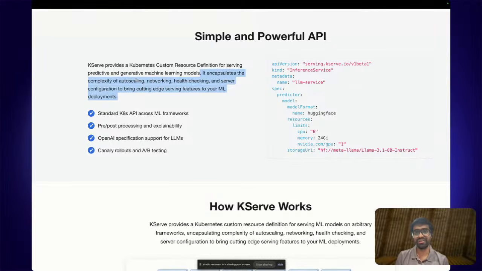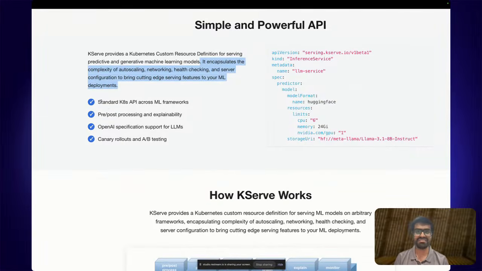If you were to do this manually, you could have done this with Kubernetes as well, but you would have to manage the auto scaling and networking. You'll have to set all of it up yourself. But the great thing about Kserve is that it automatically encapsulates that for you, and you can still use the standard Kubernetes API with the controller that's available for you to use, and you have the ability to roll out